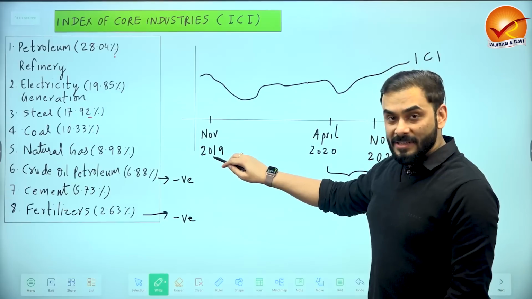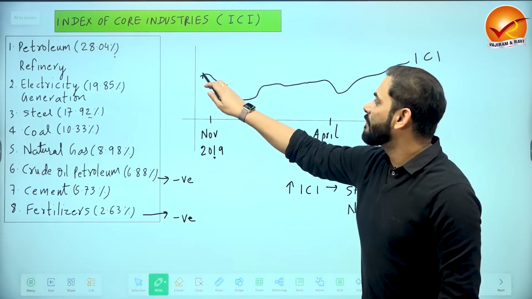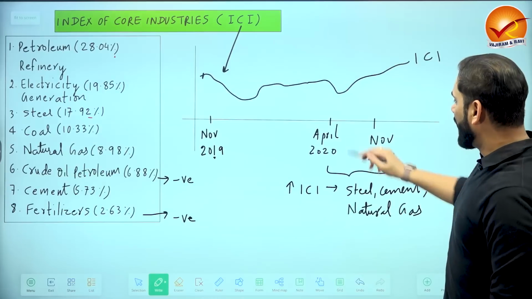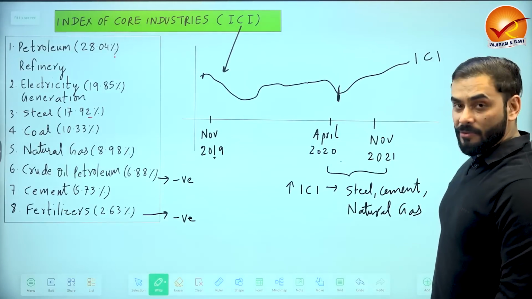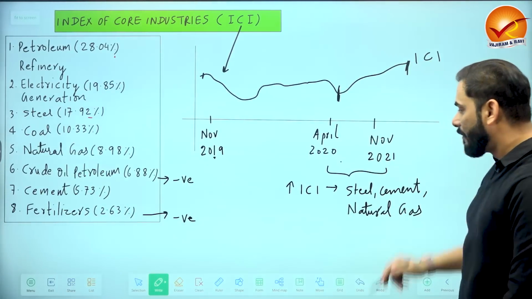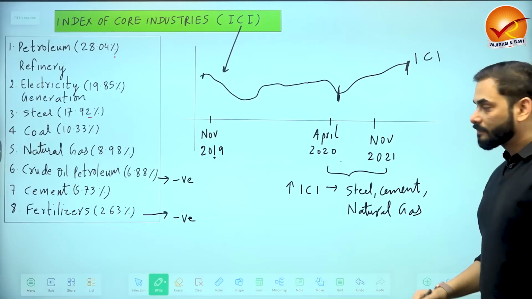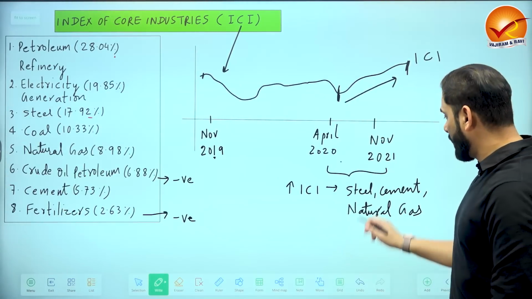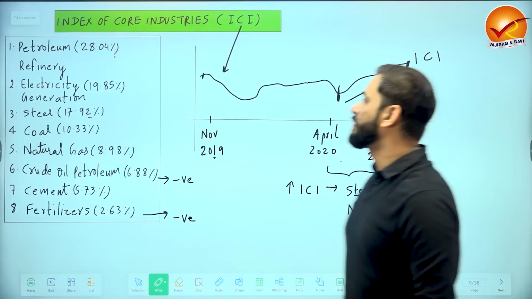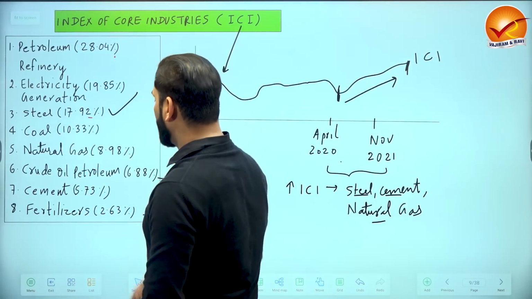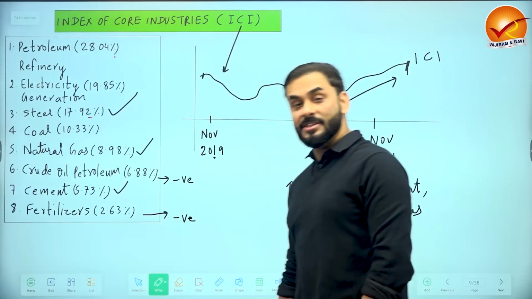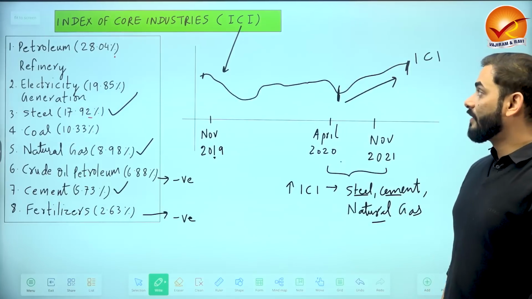So in November 2019, this was the performance of this index of core industries, 8 core sectors. Then April 2020, see, it came down and then it moved up. Now, why has the index of core industries gone up? Especially because of steel, cement and natural gas. So see, steel, cement and natural gas, because these 3 have performed very well,